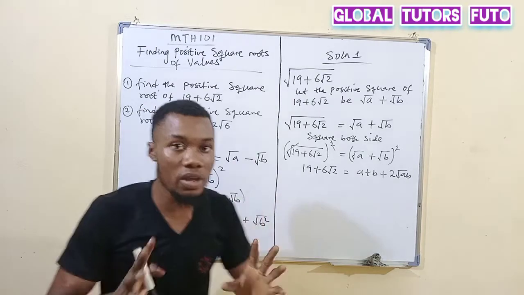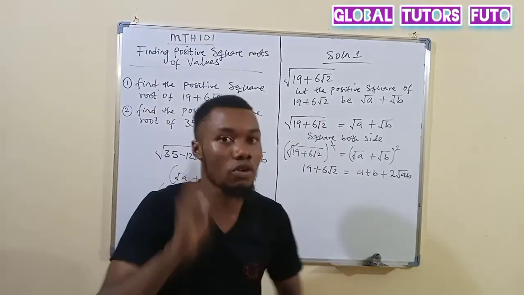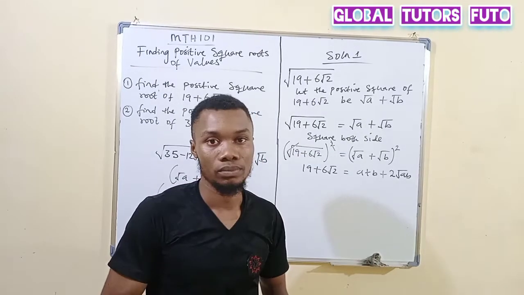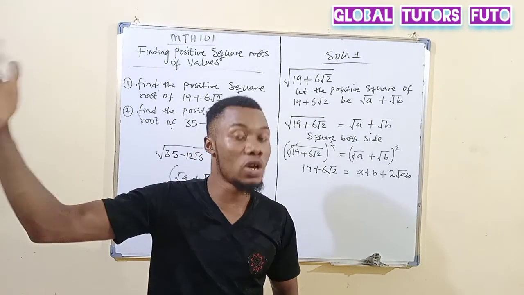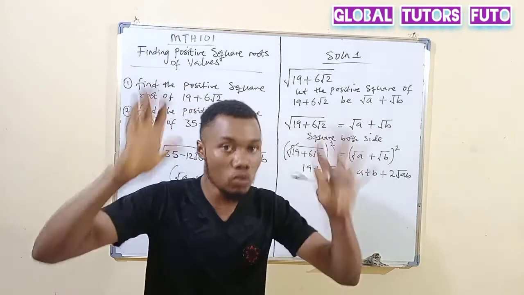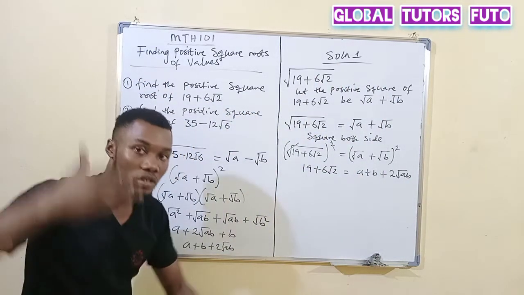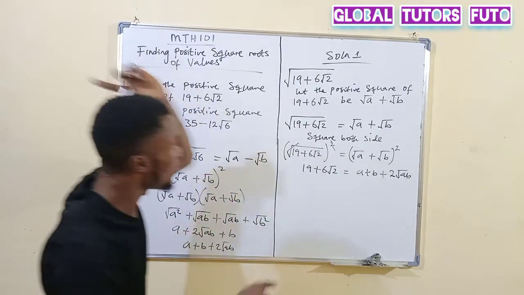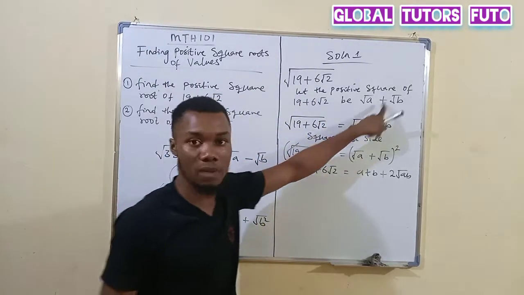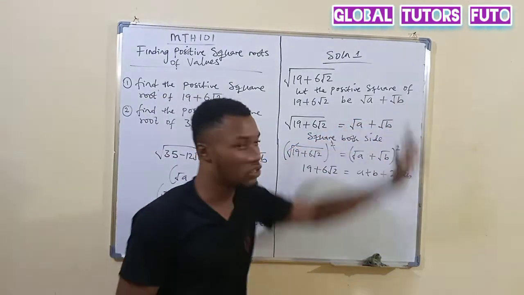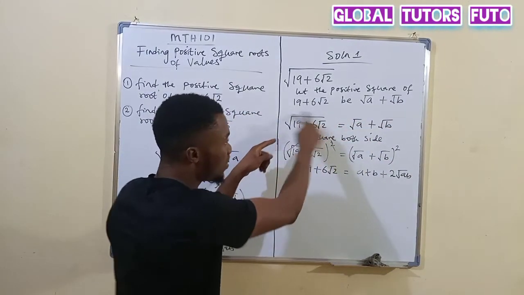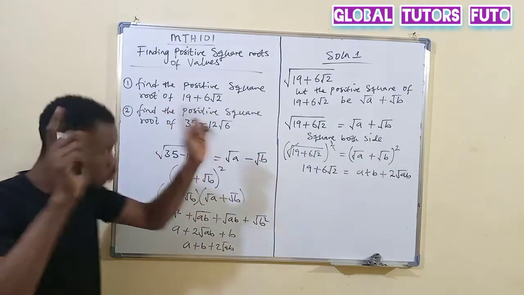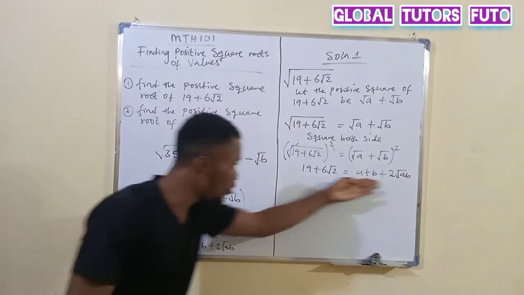So this principle I'm following now is the principle you must follow for you to get the answer. If you do anything that is not this way, you will fail it. Okay? Although we have many ways of doing it, the easiest way is to follow this pattern. Once you hear the words, find the positive square root, you check it, something plus something that has a sod. Go straight to the point. If it is positive, sod a plus sod b. Negative, sod a minus sod b. After that, since square root of this is equal to this, the next thing is square both sides. Anyhow, square both sides. Once you square both sides, you can be able to obtain this.